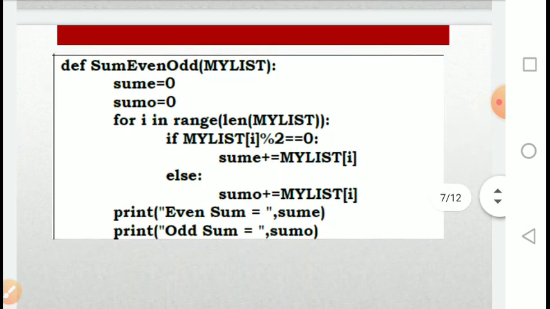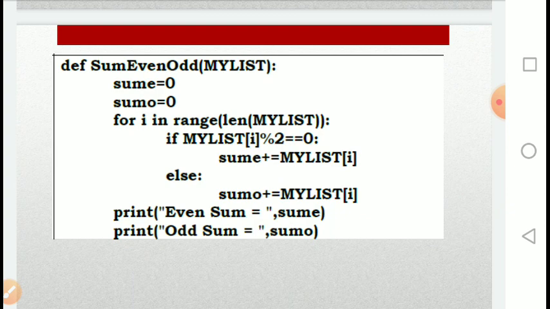See, same thing, you have to define the function. Here they have asked for two sums, that is the sum of even numbers as well as the sum of odd numbers. So you are starting with, for i in range from 0 to the length of my list. Even if 0 is not given, it automatically starts from 0. Length of my list is taken,